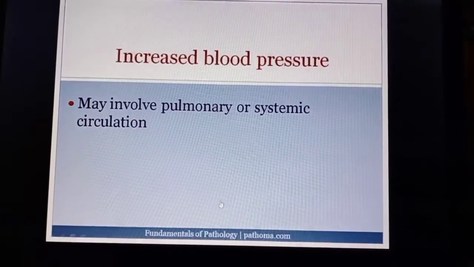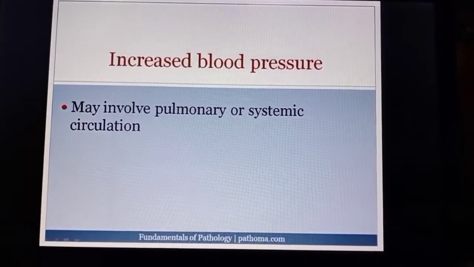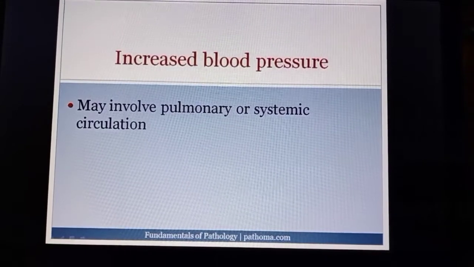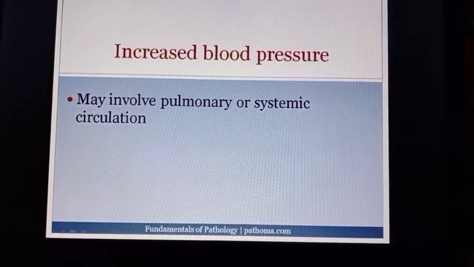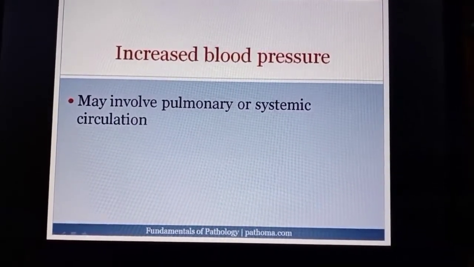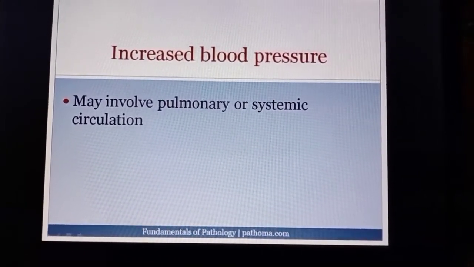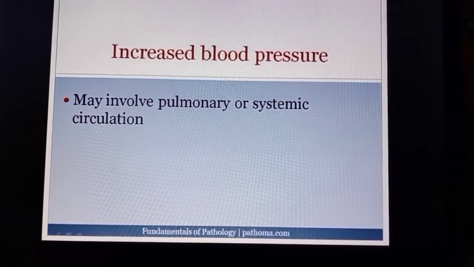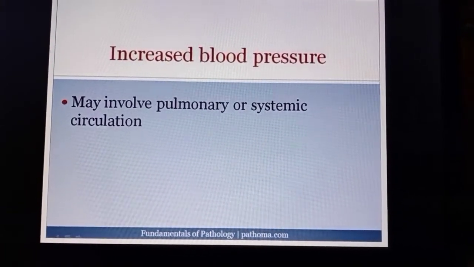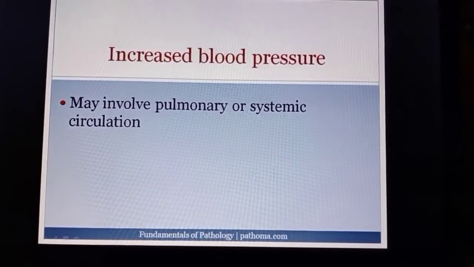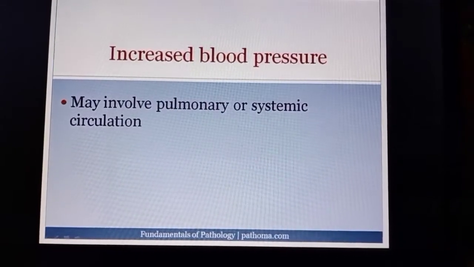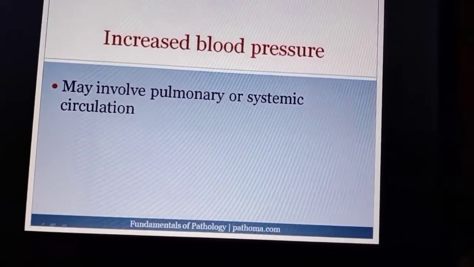And hypertension basically is an increase in blood pressure. Now, it's important to recall that when we have hypertension, that can involve either the pulmonary circuit or the systemic circuit. So we have two independent circuits in the body, and either one can develop high blood pressure. We will talk about pulmonary hypertension, however, in Chapter 9. So at this particular point, we're focused on the systemic circuit, and we're talking about systemic hypertension or systemic high